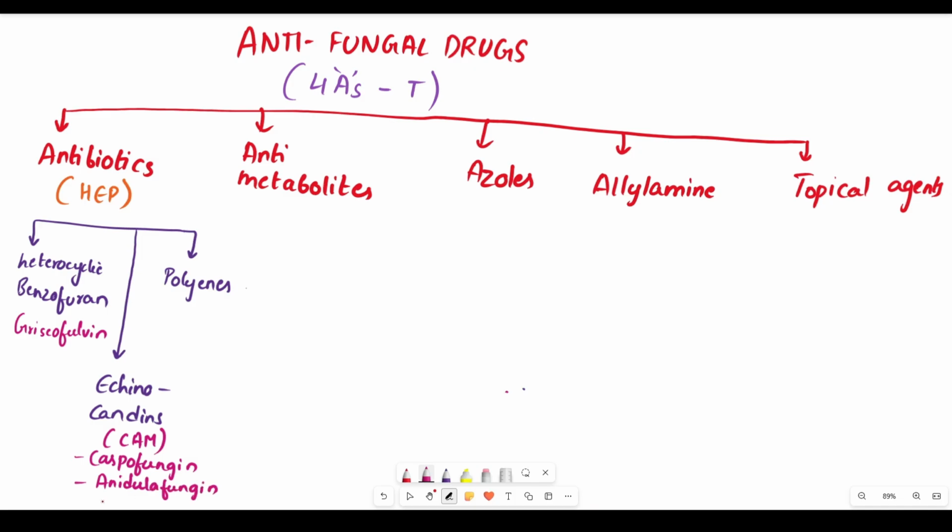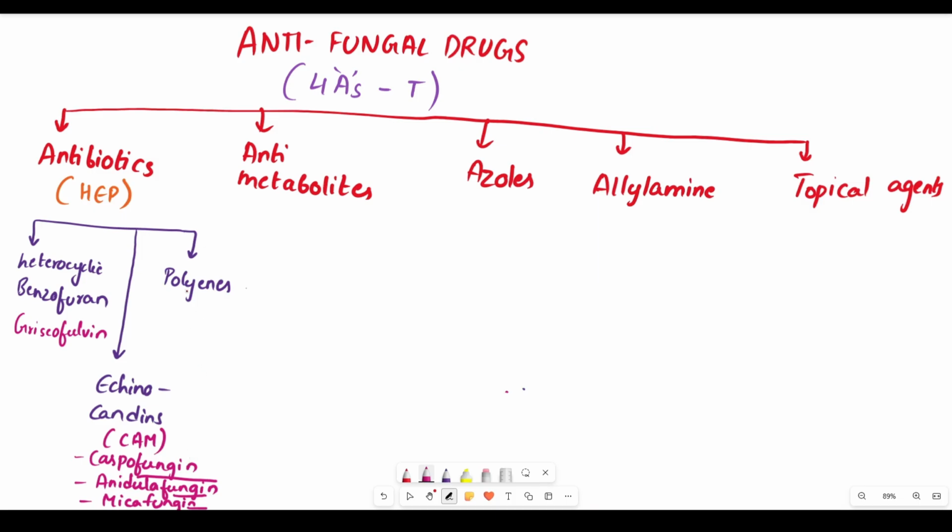M means it is the third example, that is micafungin. That means echinocandins have examples that all end with the term fungin and start with the letters C means caspo, A means anidula, M means mica,